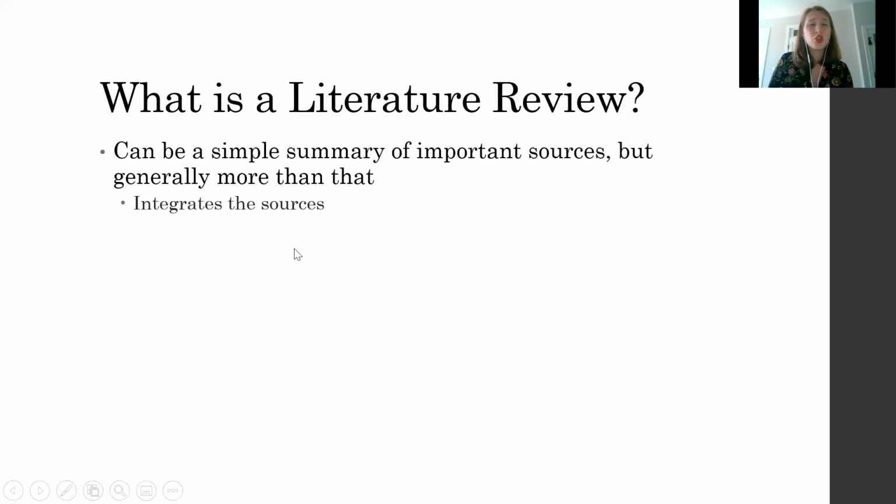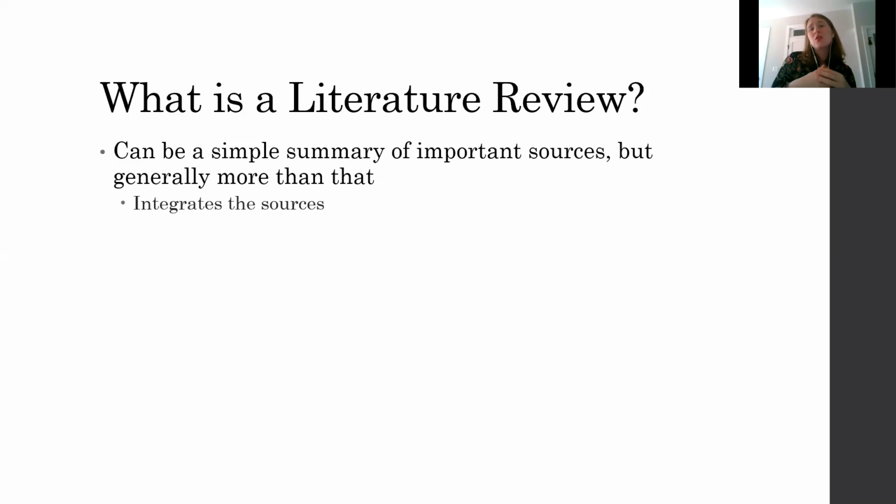Generally a literature review integrates the sources. So rather than just saying, okay, source A says this, source B says this, source C says this, and just doing it as a list, a literature review is going to pull out the different ideas that come up on a topic and sort the sources by that.